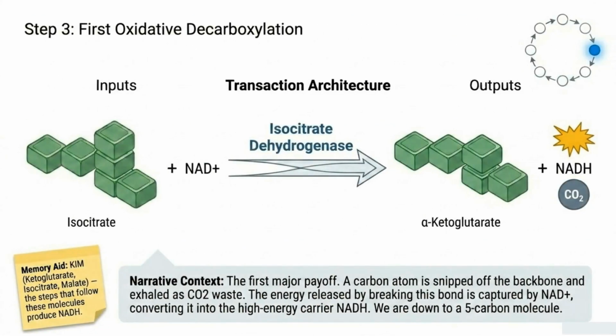Step 3 brings our very first major energy payoff. The enzyme isocitrate dehydrogenase steps in to snip a carbon atom straight off the backbone, which is immediately exhaled as carbon dioxide waste. Breaking this chemical bond releases high-energy electrons, which are captured by NAD+ to create our first payload of NADH. Because we lost a carbon, our molecule shrinks down from a 6-carbon structure to a 5-carbon compound called alpha-ketoglutarate. As a quick memory aid, remember the acronym KEAM: ketoglutarate, isocitrate, and malate are the specific steps that yield